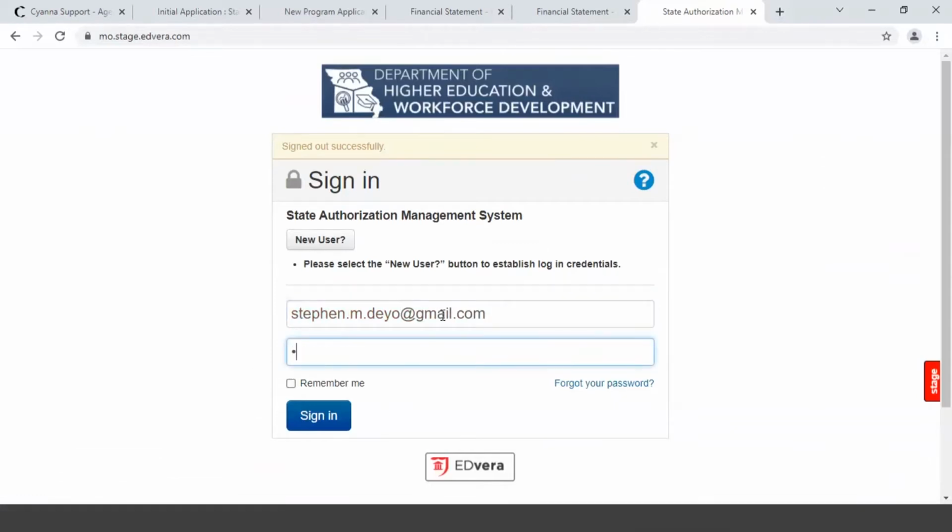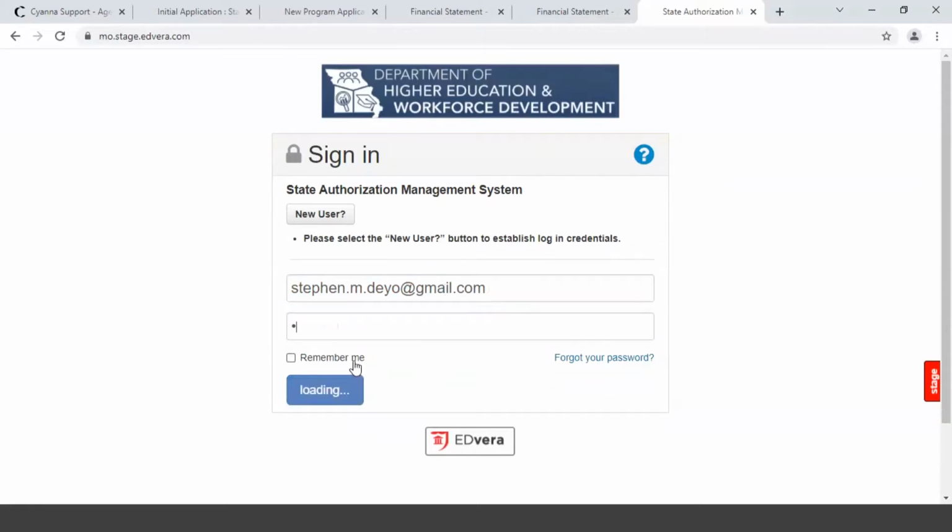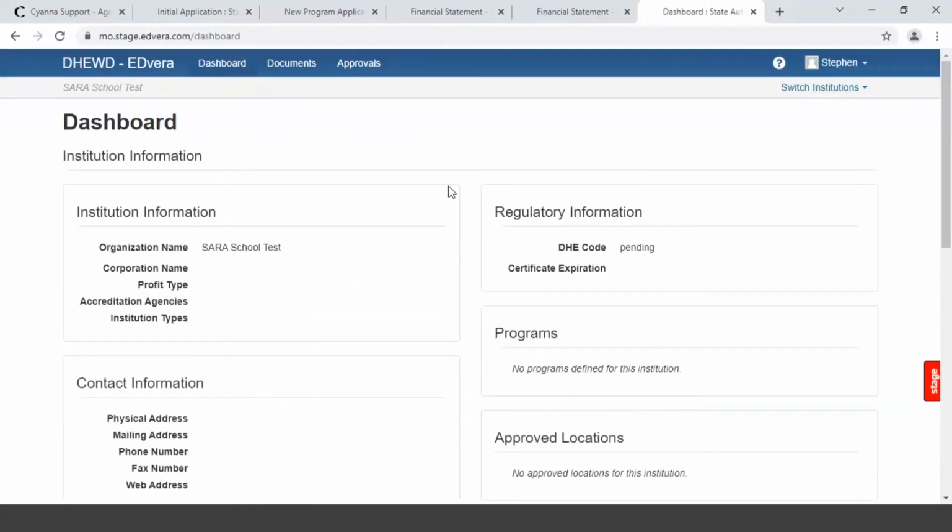It's a super secret temporary password. So once you sign in, what's supposed to happen is that if it's a temporary password, you will be notified to input a new one of your own choosing, but we will show you how to do that.